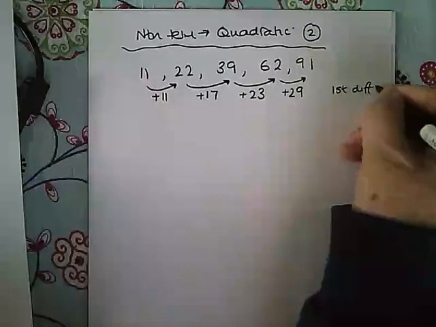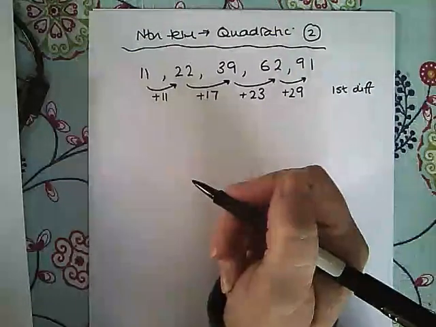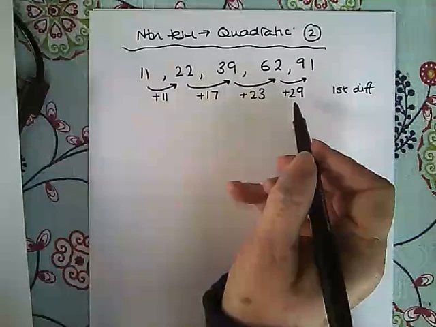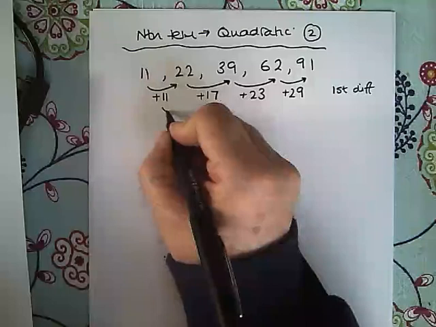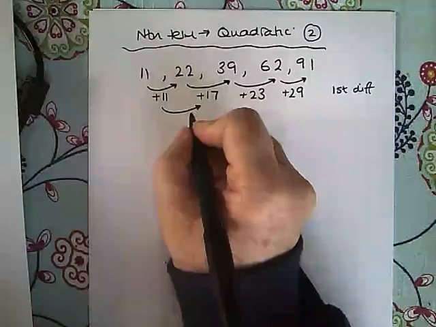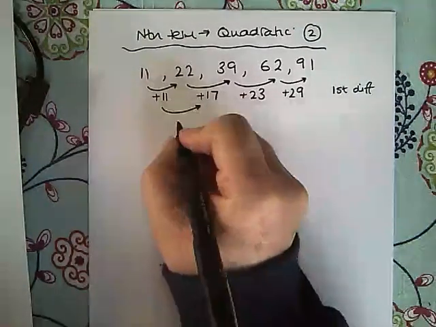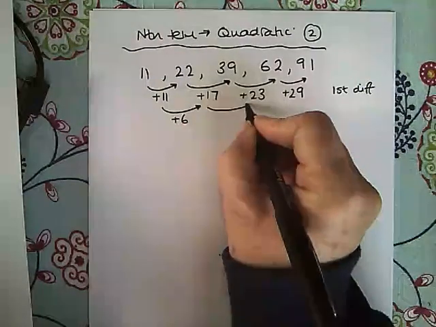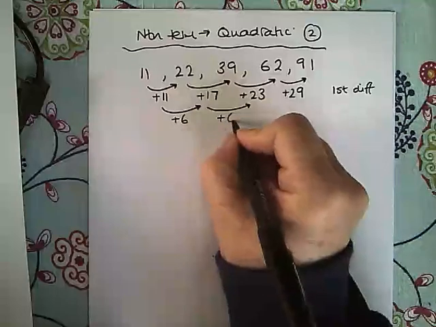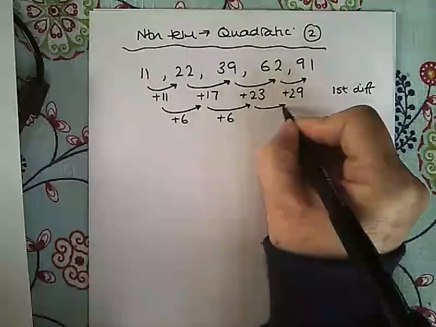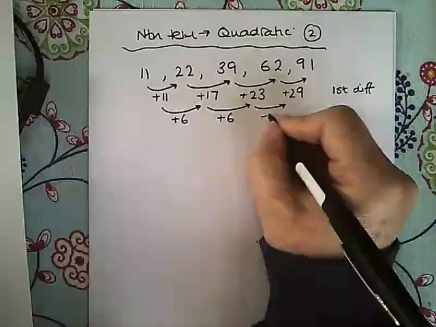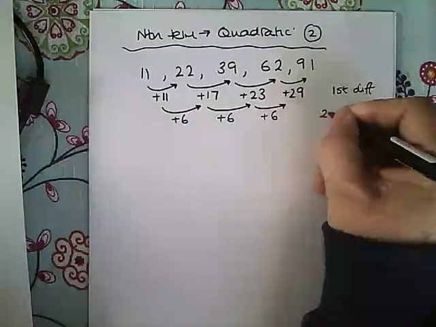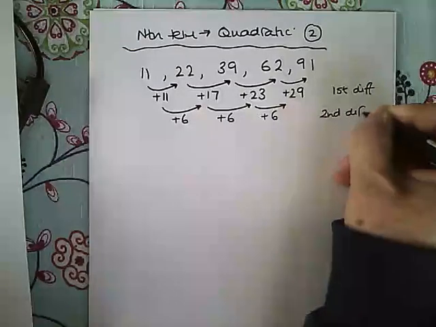That is not constant, so that means that I then need to look at the second difference, which is the difference between this sequence of numbers here. So how do I get to 17 from 11? By adding 6. How do I get from 17 to 23? I add 6. And how do I get from 23 to 29? I also add 6. This is the second difference, and because the second difference is constant, it means that we've